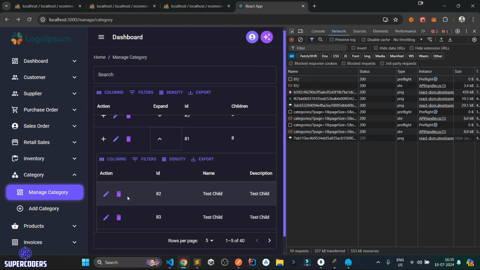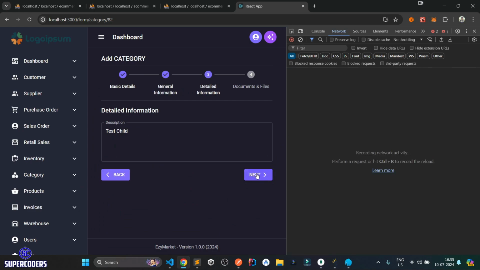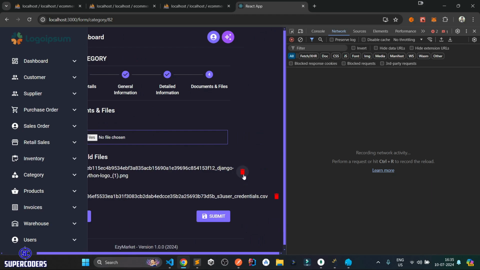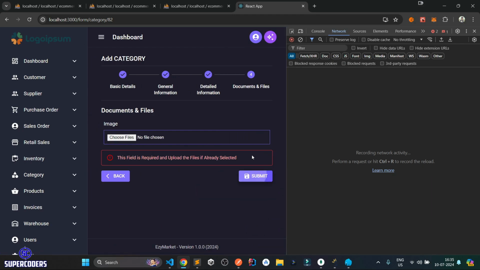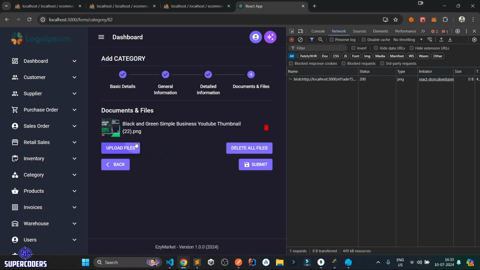This one, hit this item, 82, click on next, click on next, click on next. This is the old file. If I delete it again and try to submit, it's showing me an error. Let's try to select the new files. This one, upload files